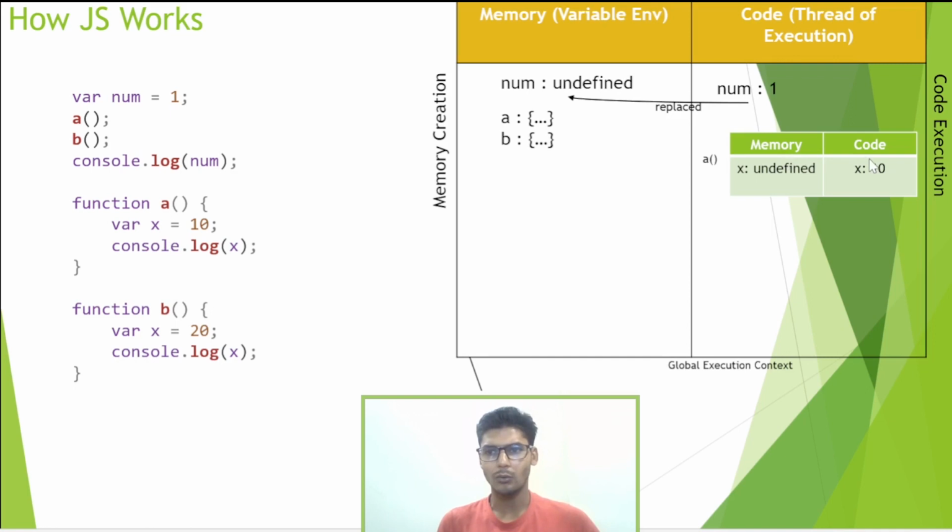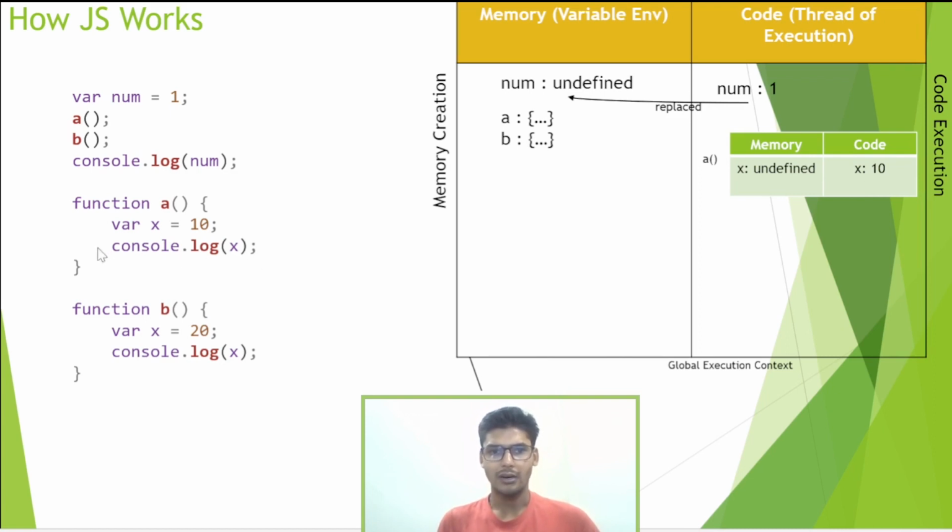One memory and code block is also created for this function. We have x assigned the value undefined. After memory creation, the same thing happens for code execution, so x will be replaced to 10 instead of undefined,